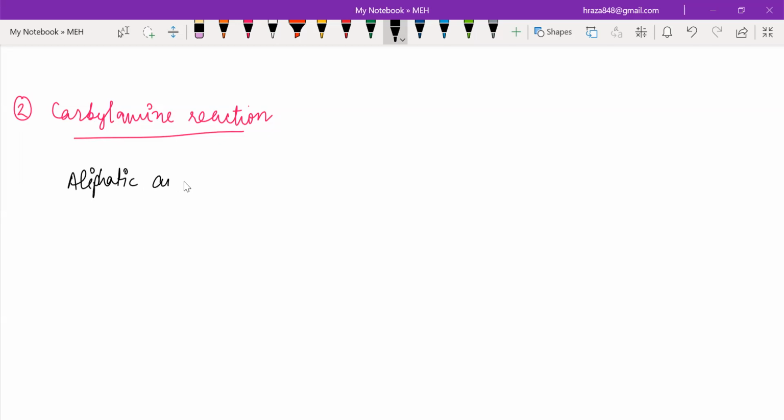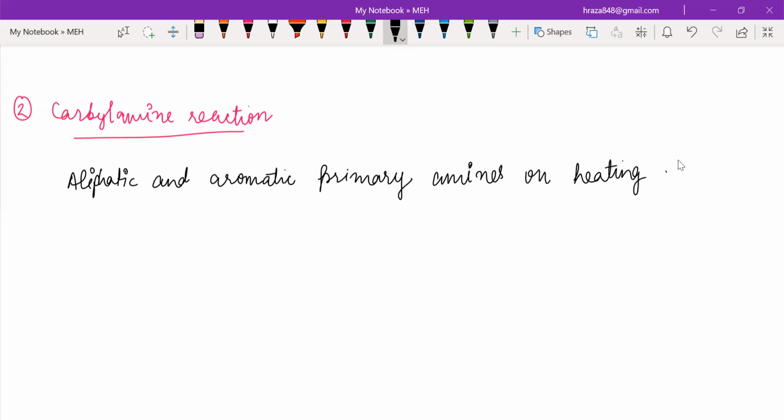Aliphatic and aromatic primary amines on heating with chloroform